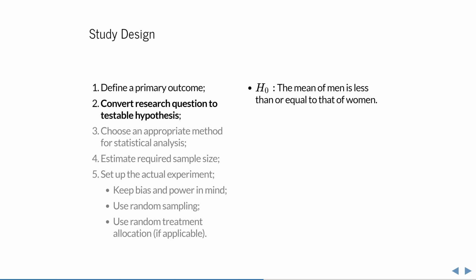So for the first research question, we begin by taking on the null hypothesis that the mean height of men is less than or equal to that of women. For if this statement is false, then on average, men must be taller than women, whatever taller means. For the second one, the null is that the number of visiting bees is equal, for if it is not, then bees have preference for a certain color.